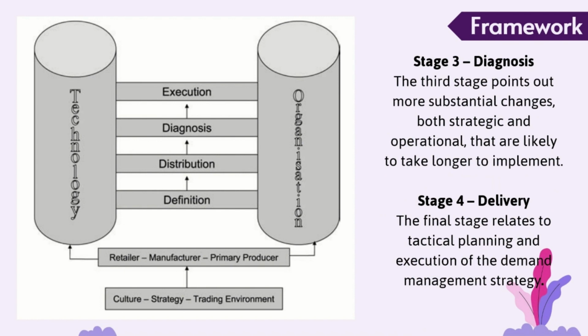Stage 4, delivery. The final stage relates to tactical planning and execution of the demand management strategy. Particular attention should be paid to the micromanagement of demand, with more attention to daily order patterns within the weekly trading cycle and to the timing of order transmission between retailers and processors. This could significantly affect costs by avoiding either overproduction and resulting product waste, or underproduction and increased cost due to